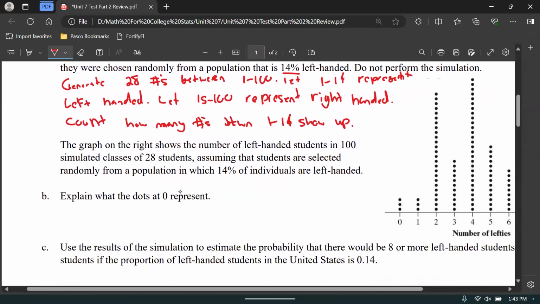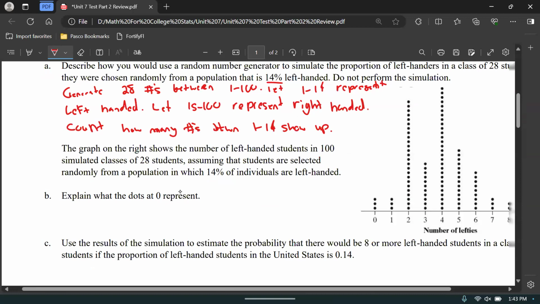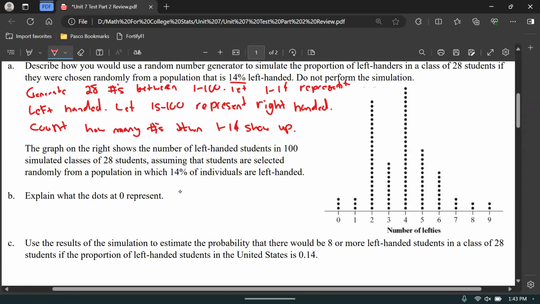The graph on the right shows the number of left-handed students in 100 simulated classes of 28 students, assuming that students are selected randomly from a population in which 14% of individuals are left-handed. Explain what the dot at 0 represents. So this means there is a simulation. In this case, there are 3 simulations, right? There were 3 trials, 3 simulations